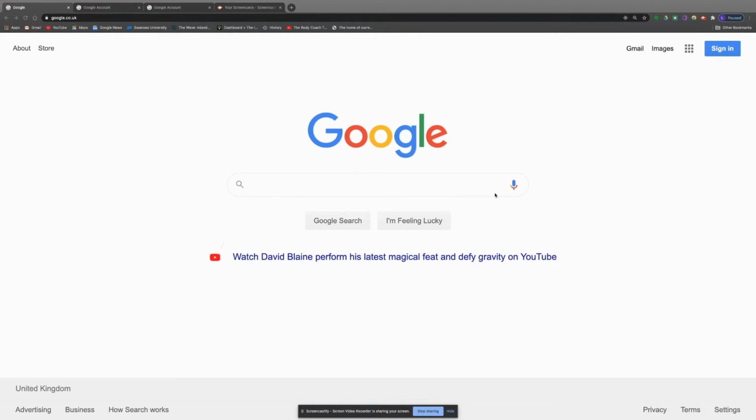We're going to look at how you access G Suite. If you have a Google account, the first thing you need to do is sign in. If you type in Google in the search bar, it will bring up the Google search page, and in the right hand corner you'll see this button, sign in. If you click on sign in,